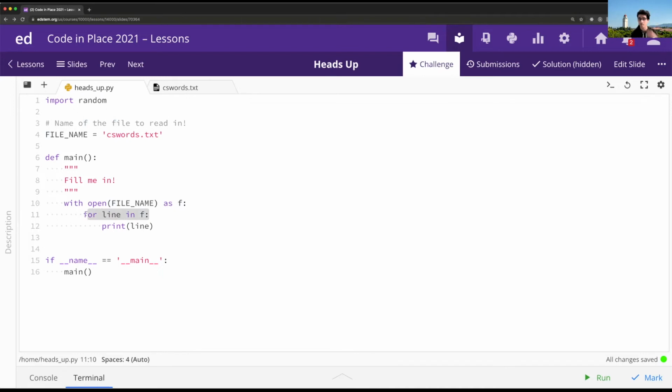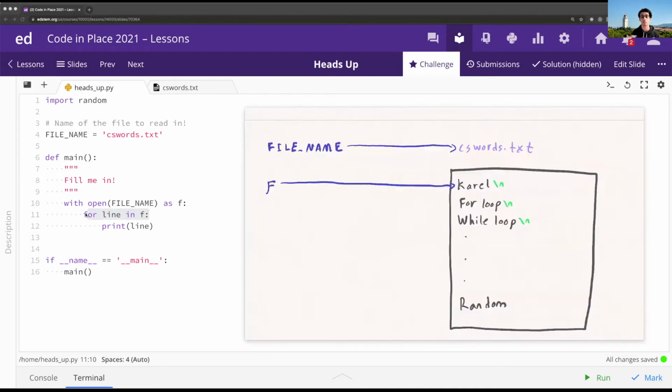What that's going to do is that's going to go through our file line by line and give us back each line. The way that we know how to do that is that we know that lines are separated by these new line characters. So what Python is going to do is it's just going to scan forward until it finds a new line character and give us all the text it's seen so far. It will keep doing that for each line in the program.